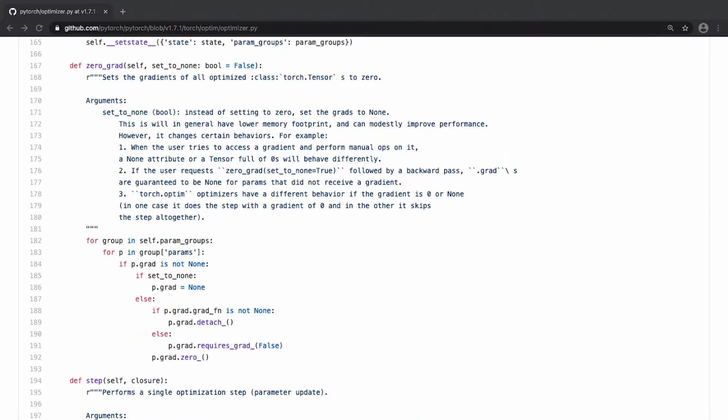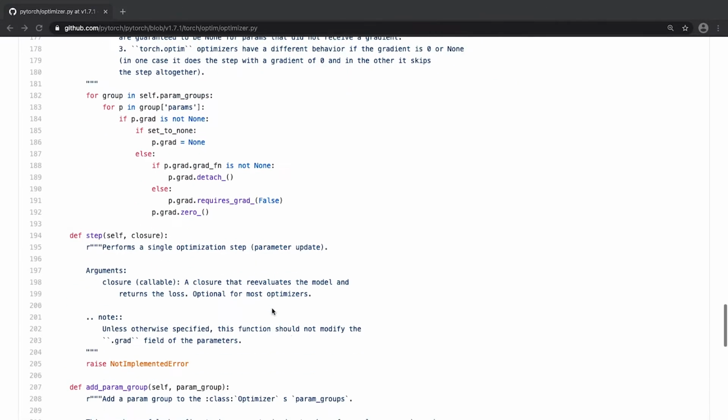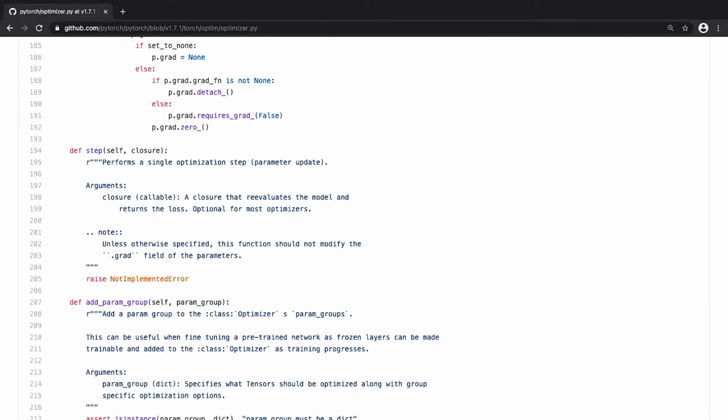Here we have the zero_grad method of the optimizer, and it's supposed to be called just before calling backward on the loss. The idea behind it is to set all the gradients of the leaf parameters to zero. And finally, we have the step method that is supposed to be implemented in the child, and this one is supposed to be called just after calling the backward method on the loss.